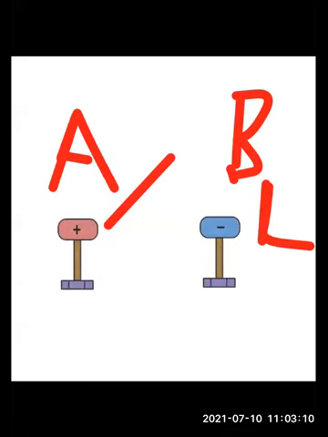So now what happens when these two are connected by a conducting wire? Suppose I'm connecting a wire, okay, from positive to negative charge, like this way. So let it be a conducting wire. Conducting wire means what? A metallic wire which can pass electricity. Okay. So when these are connected by a conducting wire, what happens? There is a potential difference created, okay, between the positive end and the negative end.